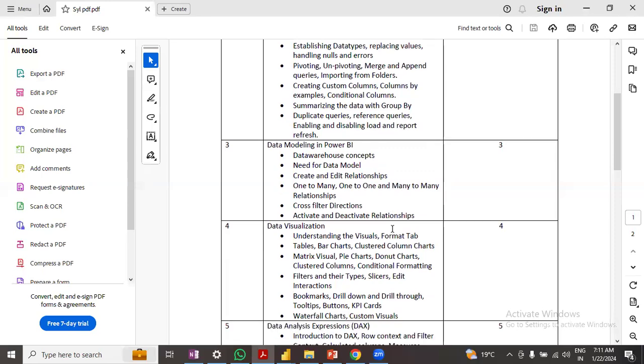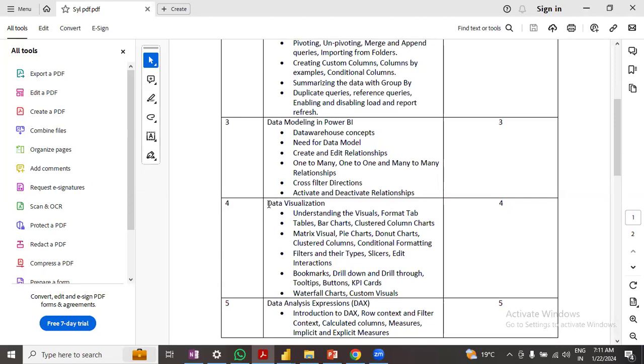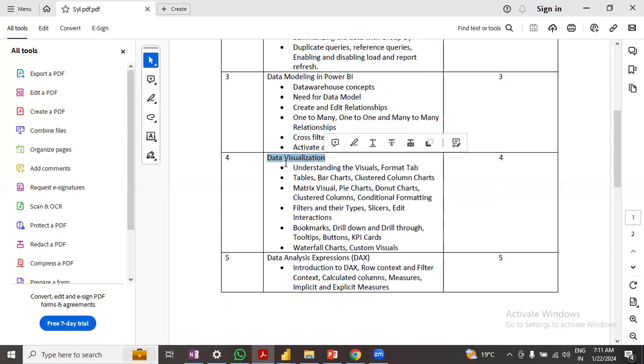And yeah, we'll be discussing also about the visualizations, or basically the reporting, is what we call it. Okay, so here we'll be discussing the different types of visuals that are available in Power BI, and how they can be configured, how the format tab can be used to configure different visuals. And in this, we'll be learning about different types of visuals like tables, bar charts, column charts, matrix, then pie charts, donut charts, and all the different types of visuals that are available in Power BI, including the map visuals,